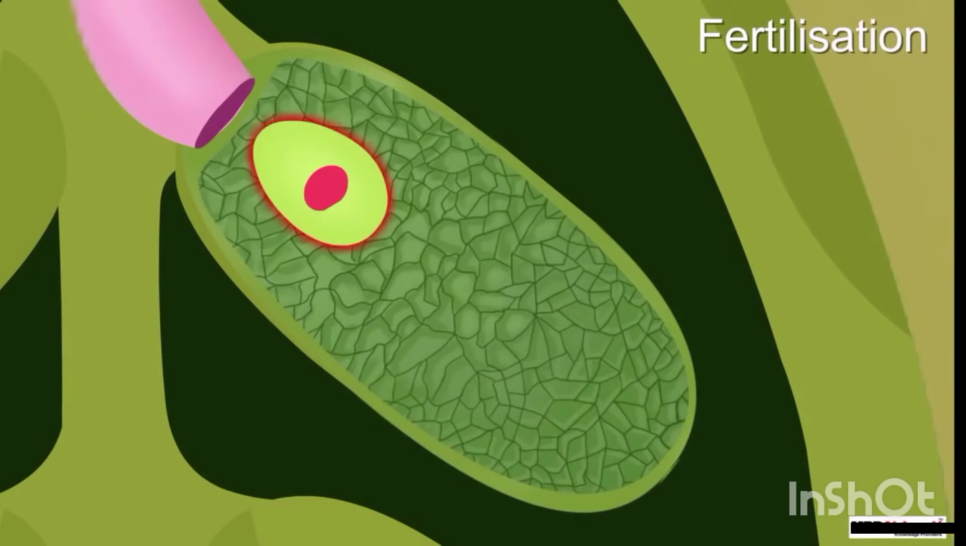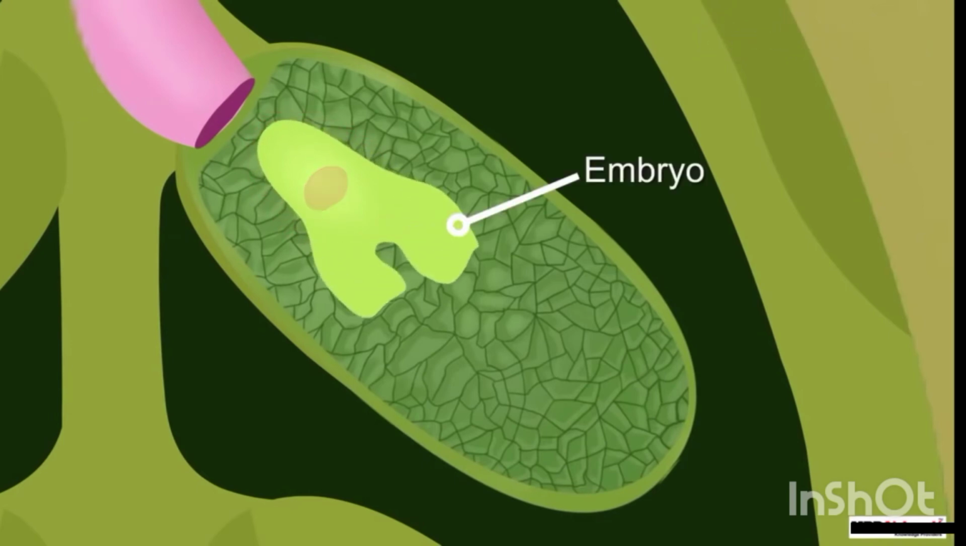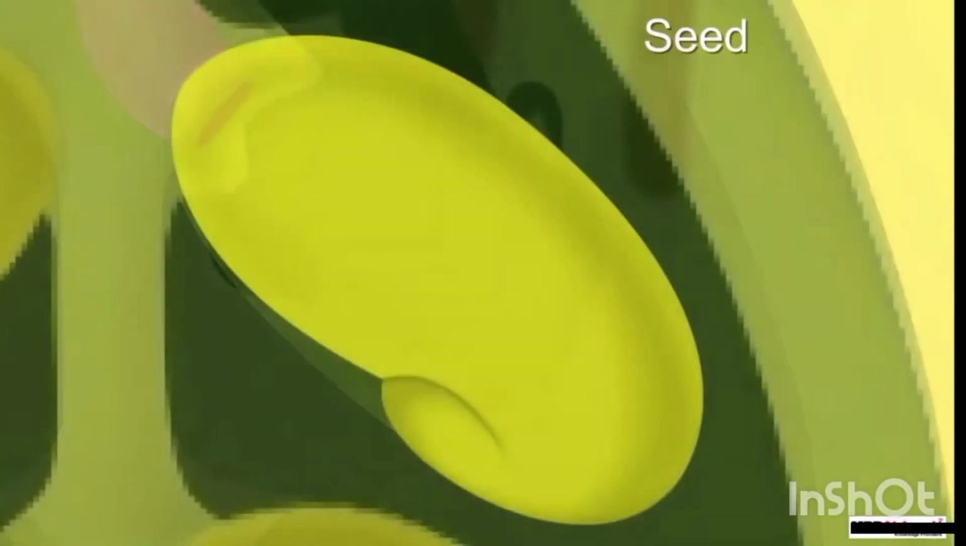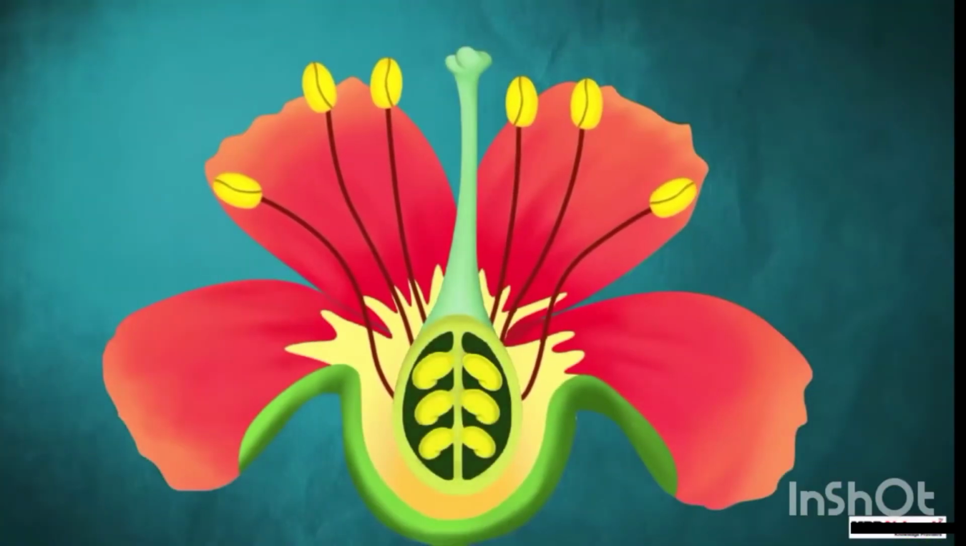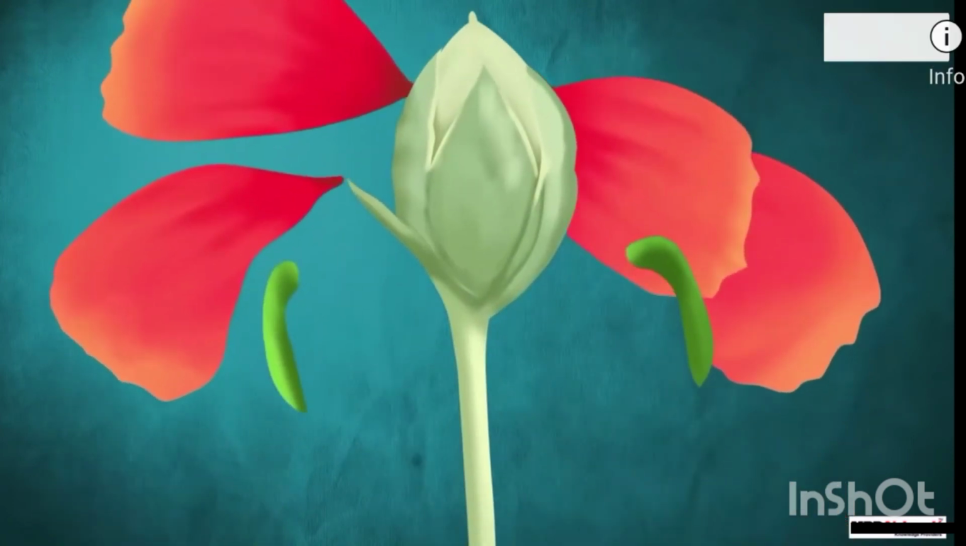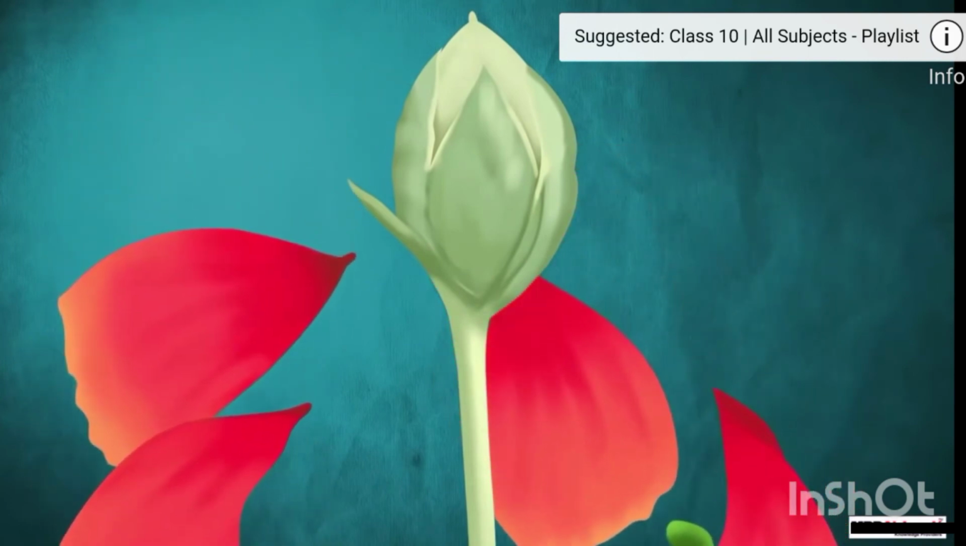The zygote formed after the fertilization then divides several times to form an embryo inside the ovule. The ovule develops a tough coat and changes to a seed. The ovary, on the other hand, ripens and forms a fruit around the seed. At this time, the other parts of the flower, like the sepals and petals,